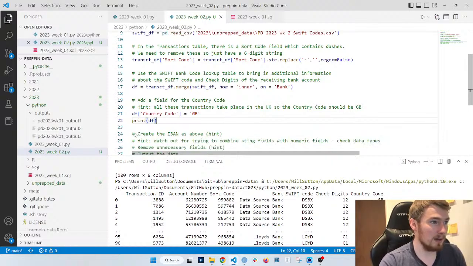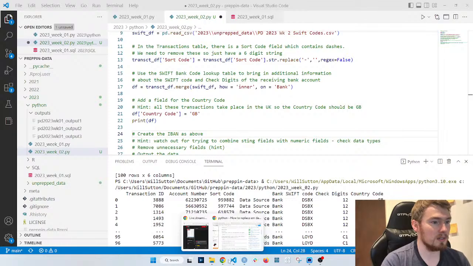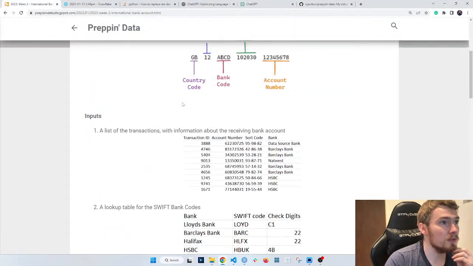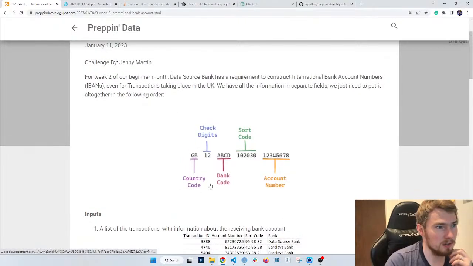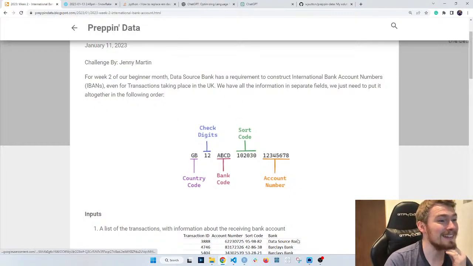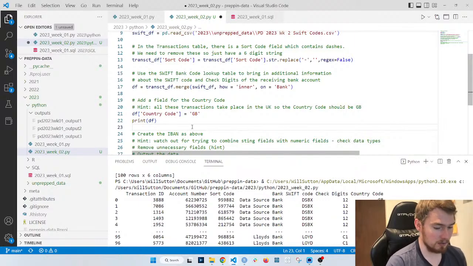Create the IBAN as above. So let's have a look at this. So your IBAN is your country code, check digits, bank code, sort code, account number. I'm definitely going to have to check that again, but let's start pulling things together and then we can just check this is all working.